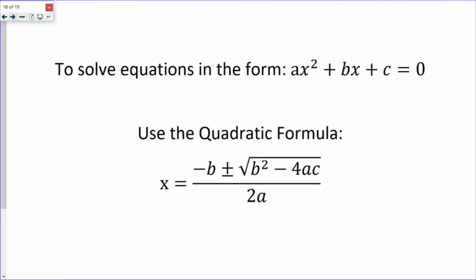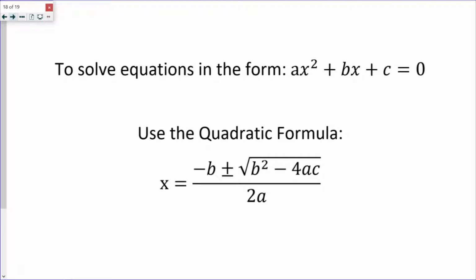The quadratic formula is negative b plus or minus the square root of b squared minus 4ac all over 2a. Again, the quadratic formula is negative b plus or minus the square root of b squared minus 4ac all over 2a. That is the easiest way to solve equations in the form ax squared plus bx plus c equals 0